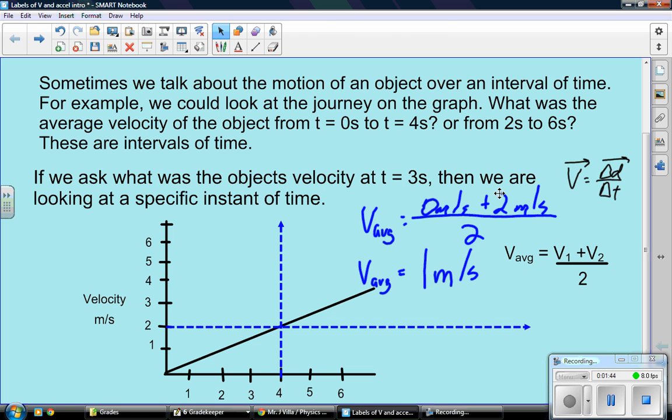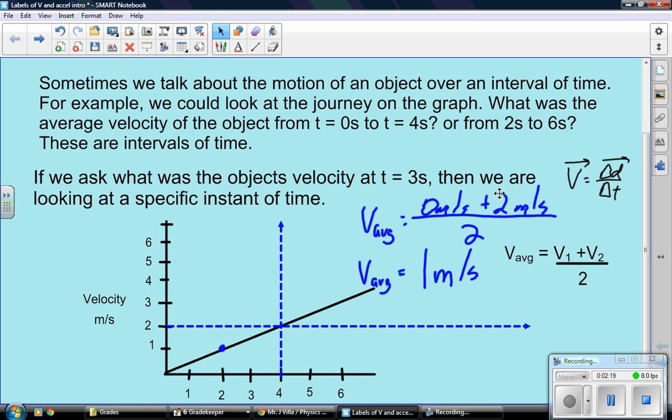Because if you look, what is an average? It's kind of like the midway point, right? If we take the average of all your test scores, we get kind of the midway point for the classroom. Well, this velocity is increasing. It's a nice straight line, so is it increasing at a constant rate or not constant? Constant. It's a linear relationship. So it kind of makes sense then that halfway along the line here would also be the average. Okay? So you can do the second one there, and you'll get